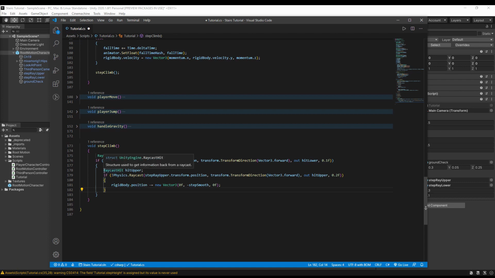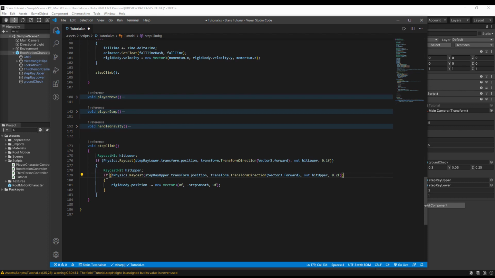So this is where we'll create the second raycast, the upper one, and it basically works the same. We are taking its position from the game object, sending it out forward from the character's position, but we do want to send it out a little bit further. This will allow us to step over anything that is slanted ever so slightly away from us. If they were set to be exactly the same, then potentially an object could be slightly slanted away from you. Not enough for it to be a ramp and you to be able to walk up, but enough that the upper raycast wouldn't detect it, and then you might not be able to step up it. So if you make sure that one sends out a little bit further, then any slightly slanted object, you also